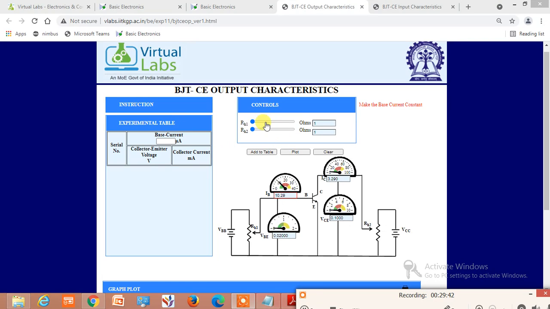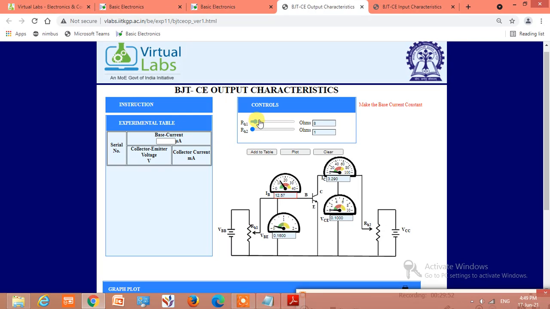Sorry for the wrong information. Let us vary the value of RH1 and increase our base current, that is input current, to say 50 microamps.